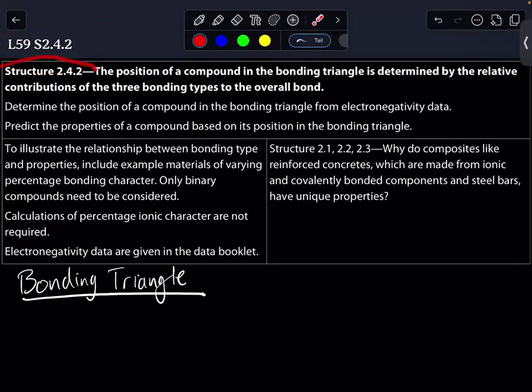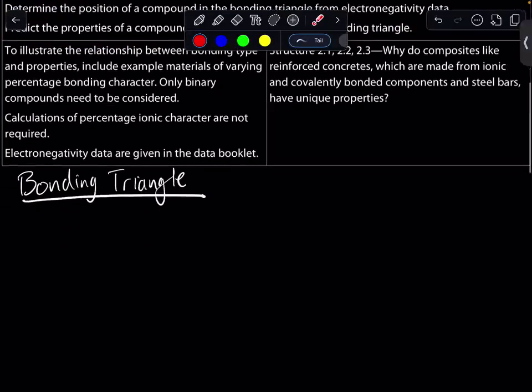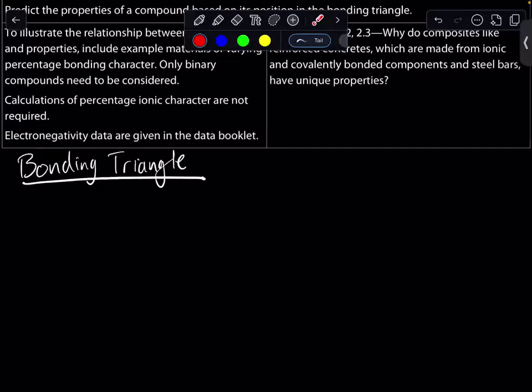Today we're doing structure 2.2.4. The position of a compound in the bonding triangle is determined by the relative contributions of the three bonding types to the overall bond. At the end of this lesson, we'll be able to determine the position of a compound from its electronegativity data, and we'll also be able to predict properties of a compound based on its position in the triangle. So, with this said, we're going to talk about that continuum we discussed in the previous lesson,